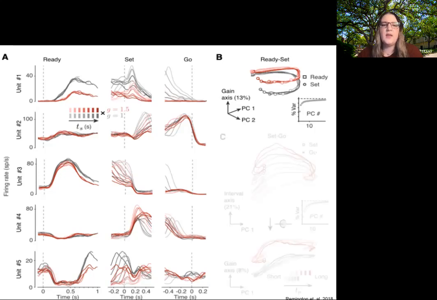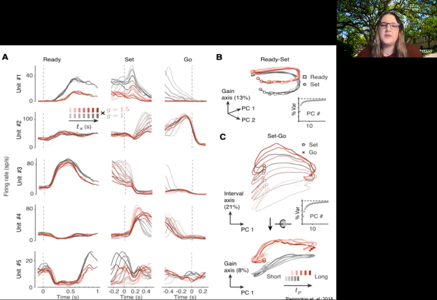contexts. And then by doing the same population activity summary as in B, but now during a different period, you see that the activity follows a very similar trajectory, but is separated by context. This is also a clue that there is something interesting about the dynamics of the population activity. So if the population activity starts and ends in similar places in space, activity must be evolving along these trajectories